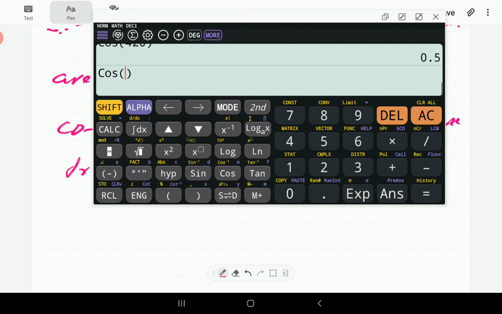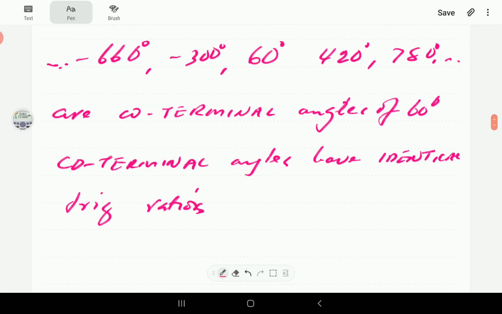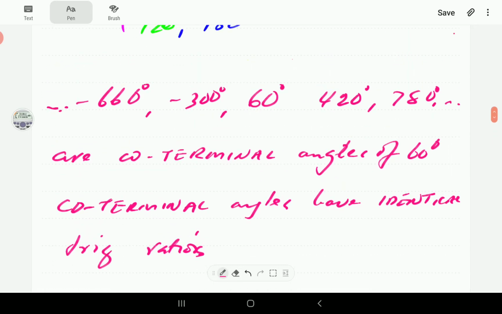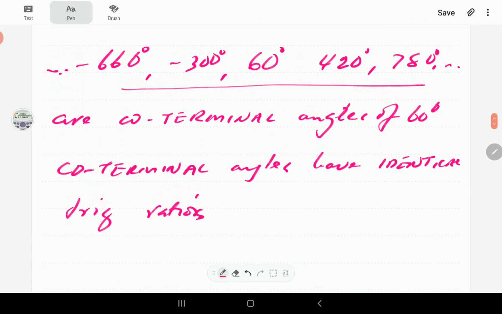Cosine of negative 300 is 1/2, etc. So they all share the same trigonometric ratios. Now, there are an infinite number of them. So what we can do to produce these is simply write 60